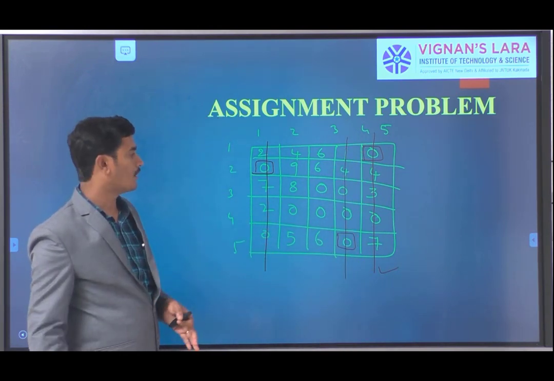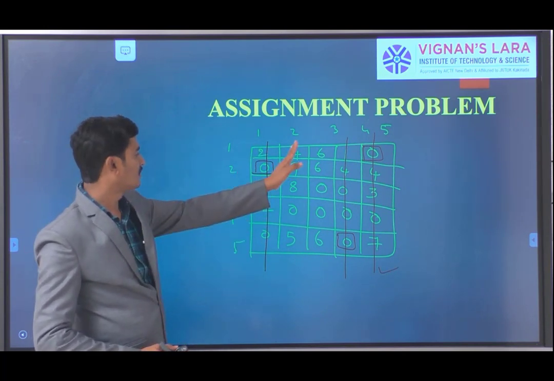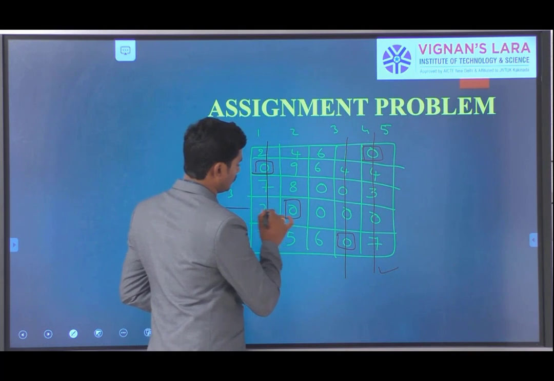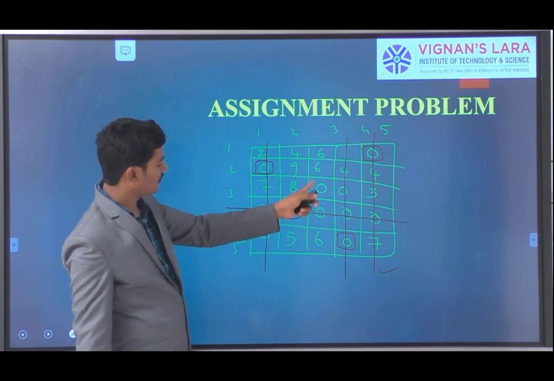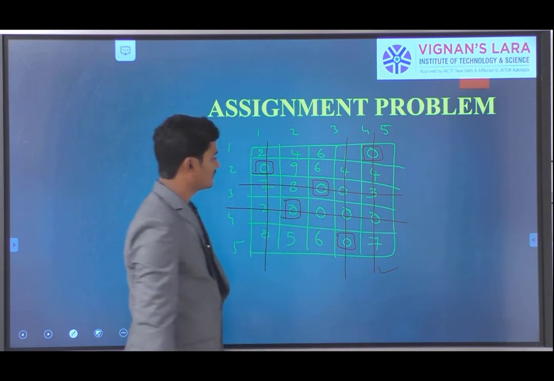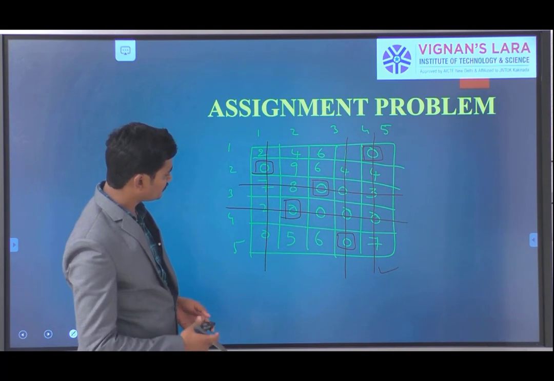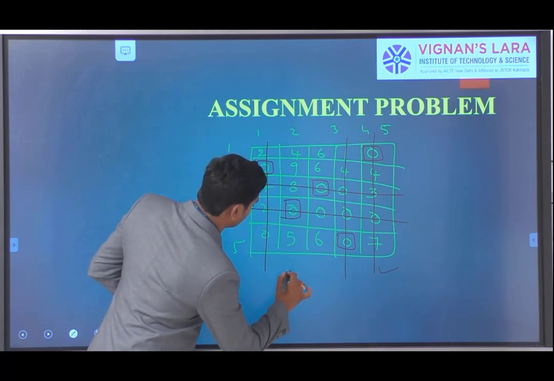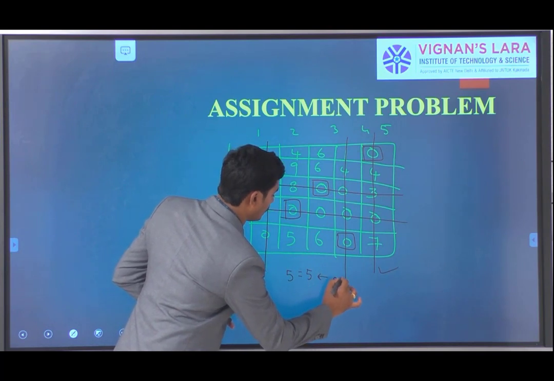Now we are going to the column searching. Coming to the column, here already it is deleted. No need to search zeros. Coming to this, here we have 1 0. We are going to remove this. Next, here we have this column. We have only 1 0. So simply we are going to take this allocation. It is deleted. Next, there is no chance to identify the zeros. So how many number of allocations are made here? Here 5 allocations are made, and how many number of rows are there? 5. It reaches the optimality.